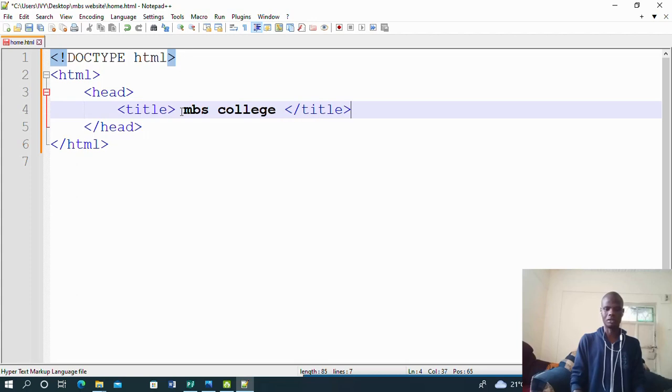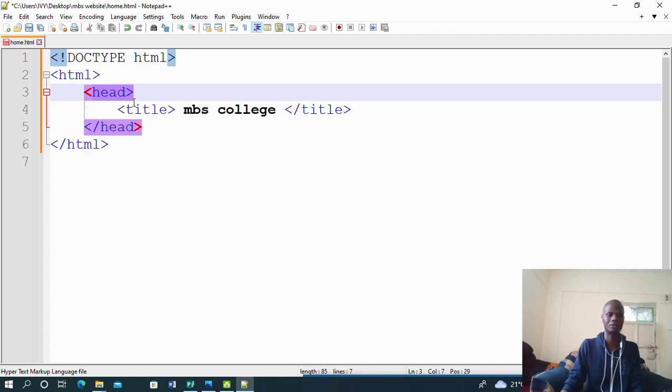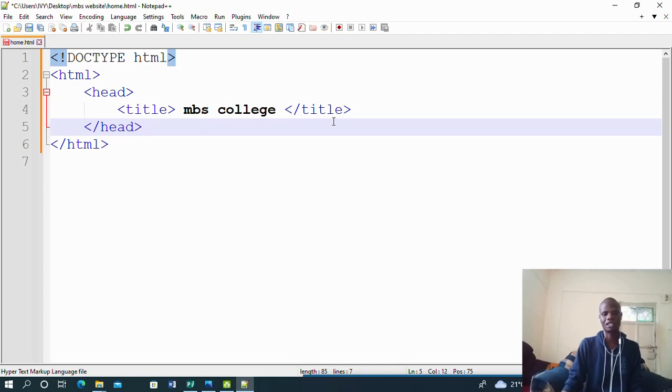Close the title tag. I close the title tag like that. So therefore my website has the head. That's the end of the head for now. There are some other contents that can come inside the head, which we will get to as we continue creating these